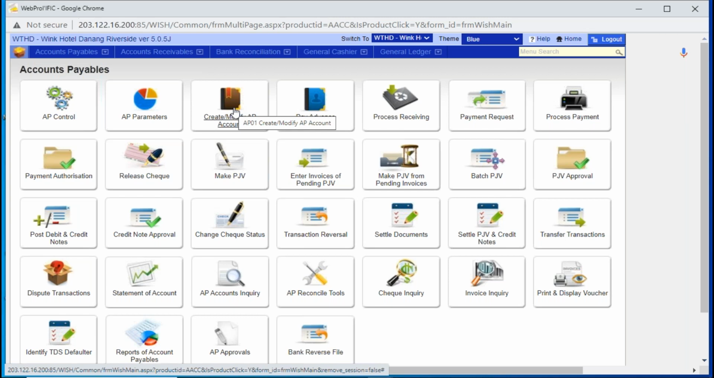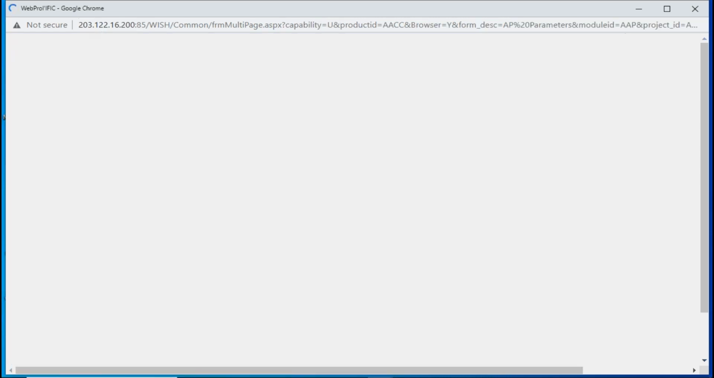They are mirror images. So you can choose to upload your list of suppliers either from the accounts payables module or from the inventory module. It doesn't matter. Whatever is convenient, you can do it. So in payables, I'll first start from AP parameters. Then I'll go to AP control, and then finally I'll show you how to upload the supplier list. In AP parameters,